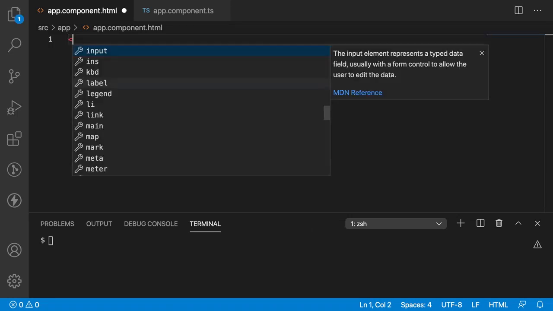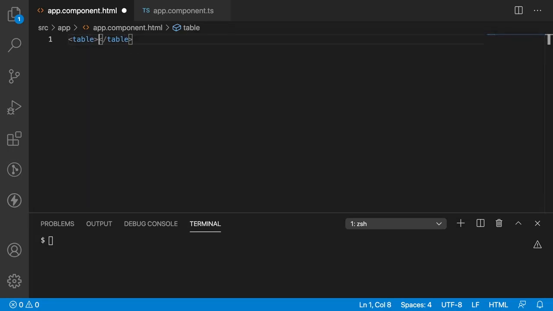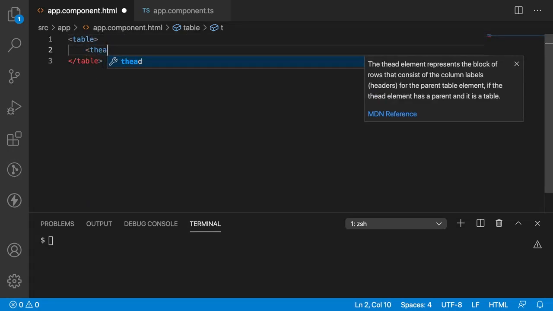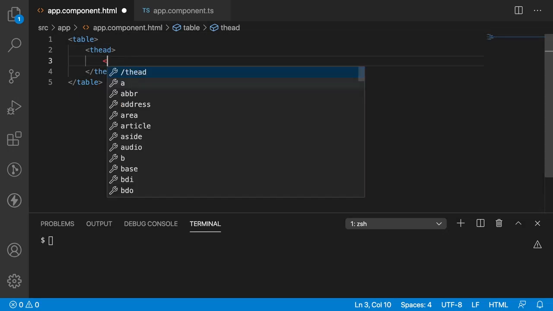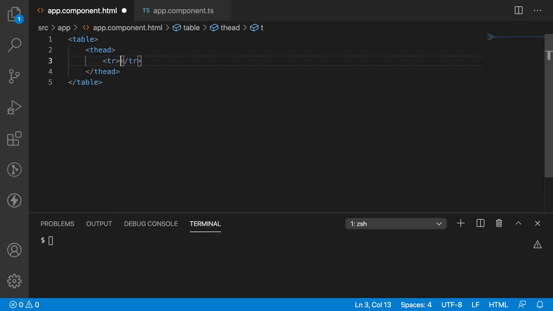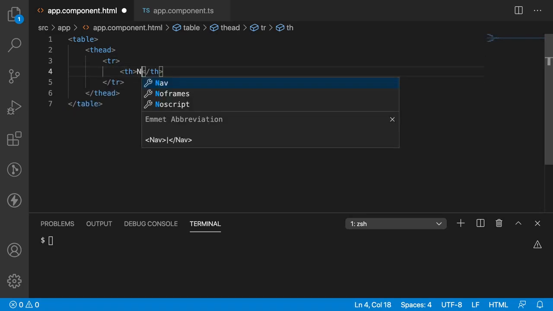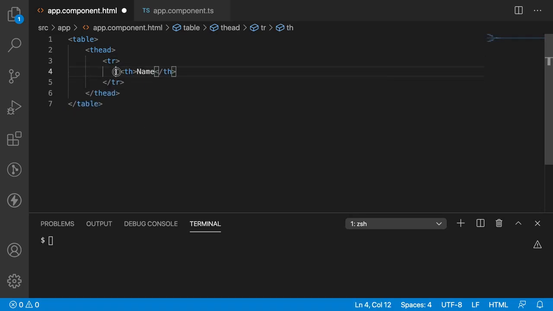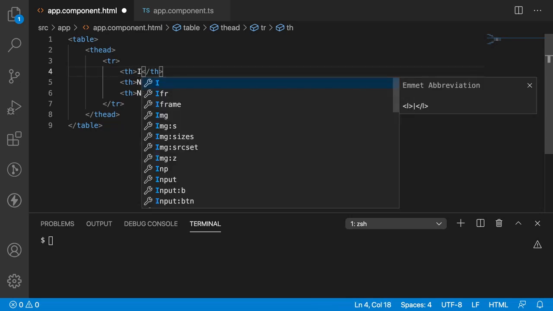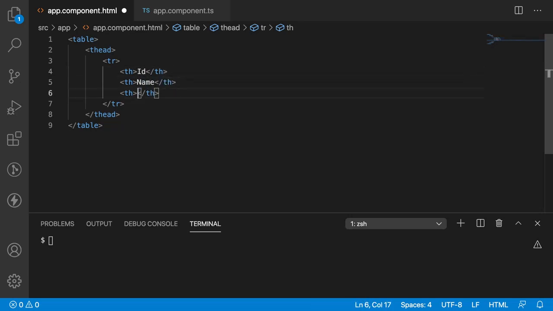Let me create a table. Inside the table, let me create thead with a TR, and inside the TR I have three TH: ID, name and salary. So I have created the heading part of the table.